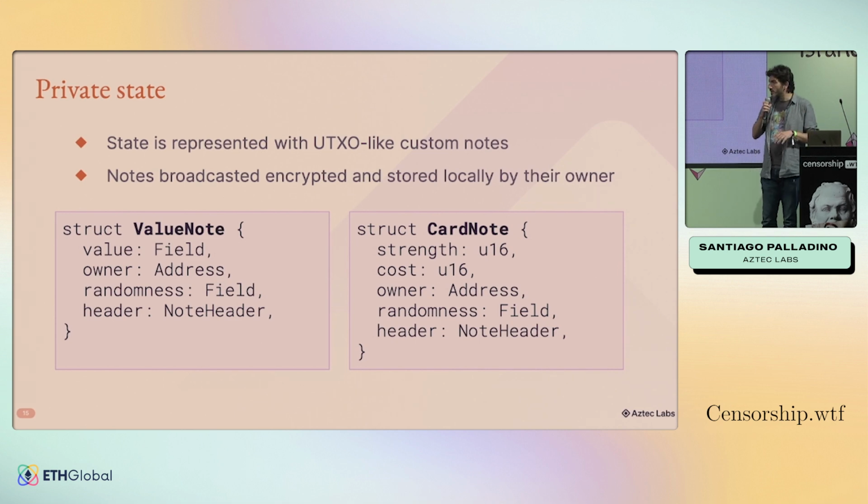We take a page out of Zcash, out of Bitcoin, and use a UTXO-like model in which we have custom nodes representing state. And I want to highlight here custom, like every smart contract, every dev can define the shape of the nodes for representing their own state. Like for a payments application or for a token, let's say, a value node that just carries the value, the amount of funds in that particular node is enough, which is the shape that we're already used to.